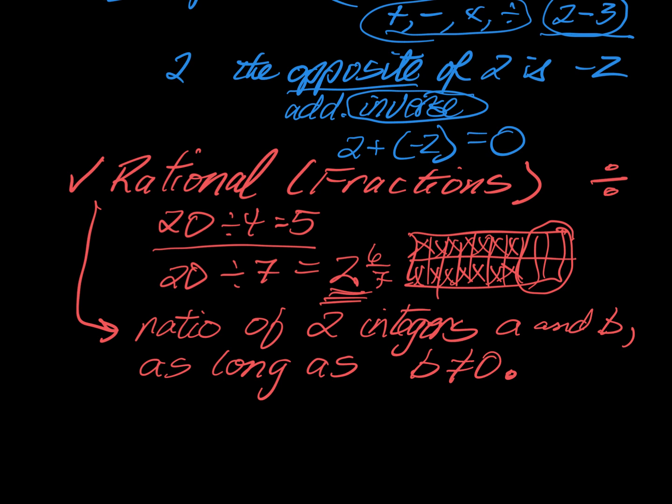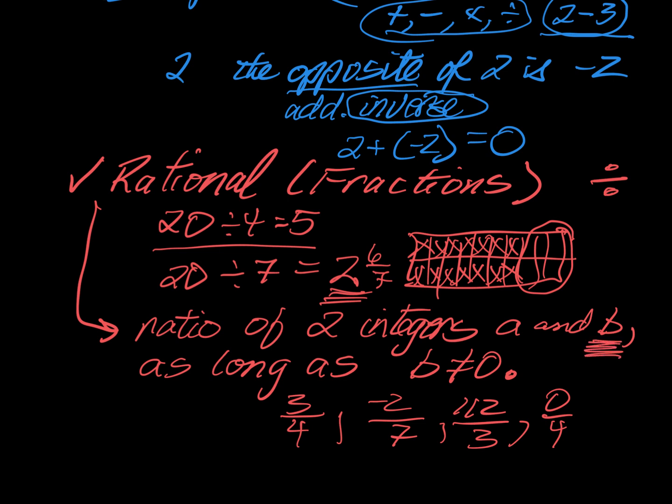Well, what we're looking at is things like 3/4, there's 2 integers, negative 2 7ths, there's 2 integers. These are rational numbers. 1 and 12 thirds, rational numbers. These are all rational numbers. We could do 0 over 4. That's a rational number. But as soon as we make the denominator 0,